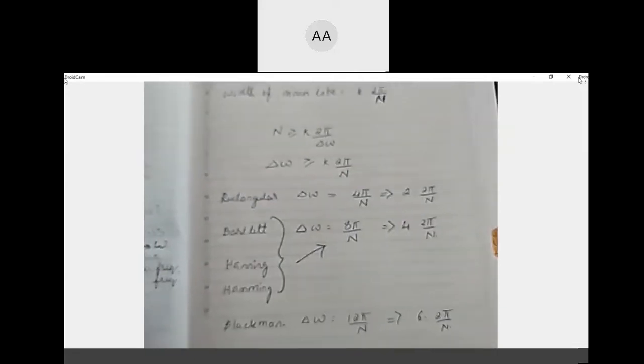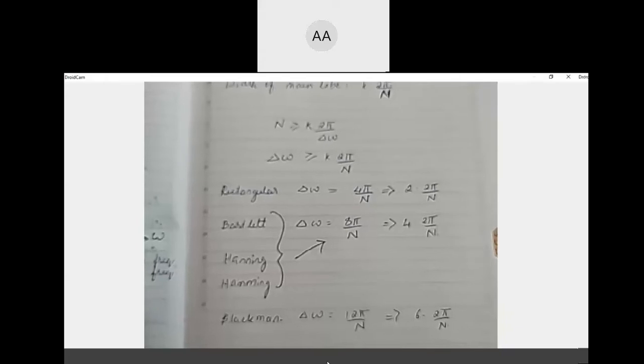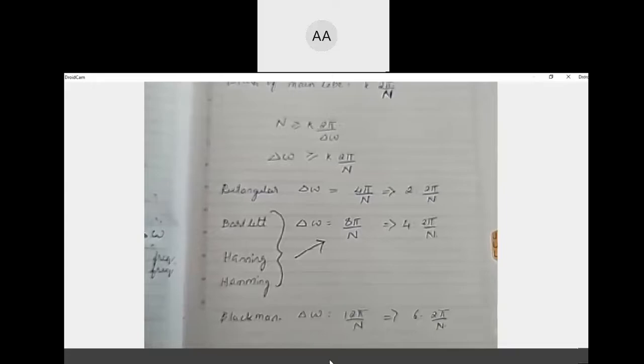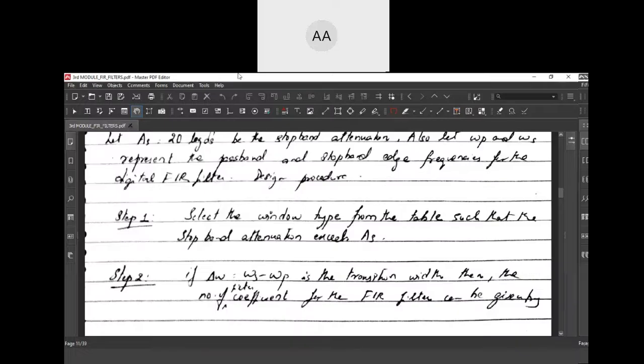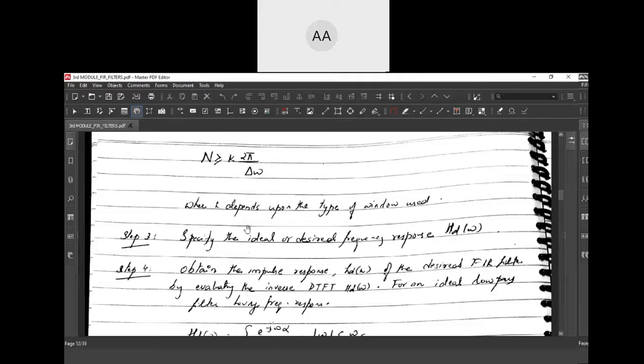Okay, is it done? So you can see here, you select the window based on the transition width and based on whatever I showed you now.